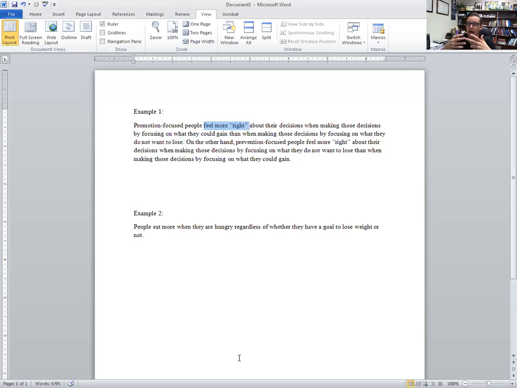Now let's identify our IVs. Well, the first sentence by itself allows us to identify one of those IVs. So we have, they feel more right, so they have higher scores in the DV, when making decisions by focusing on what they can gain than when making those decisions by focusing on what they do not want to lose. So right there, we have one of our IVs, and it is the difference in focus. So we have people focusing on gain, and we have people focusing on avoiding loss. So we go back here to our graph,